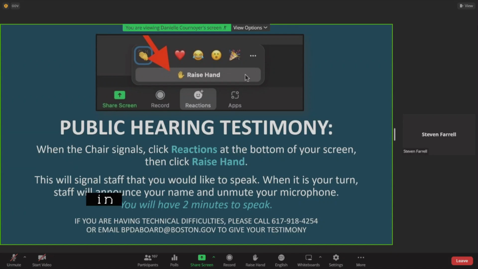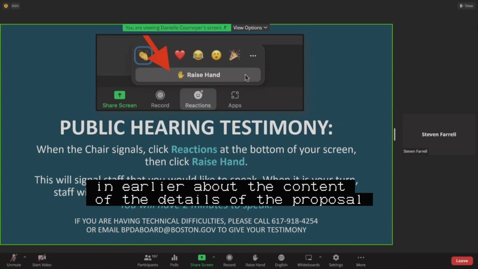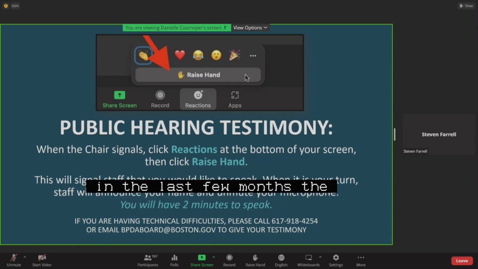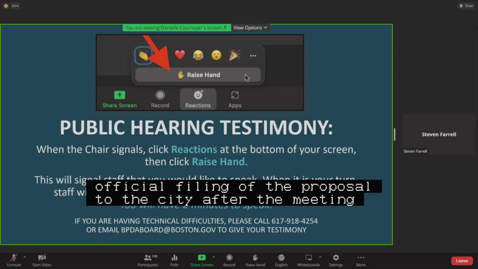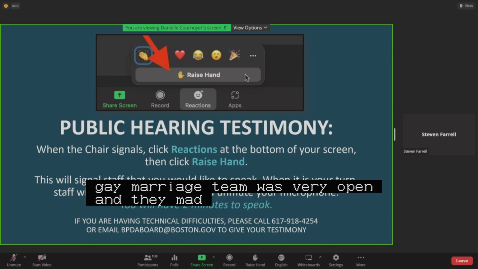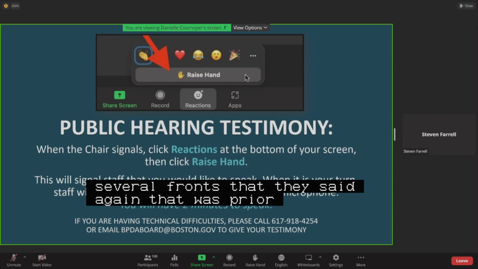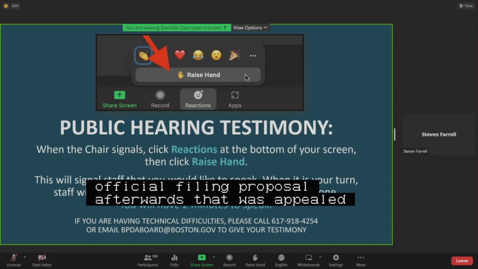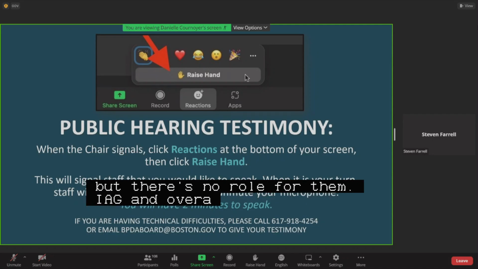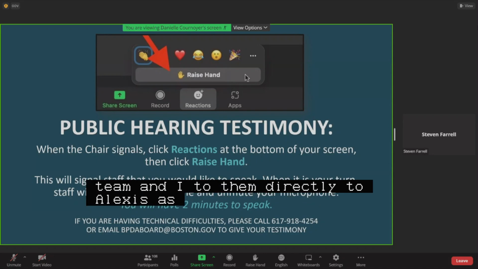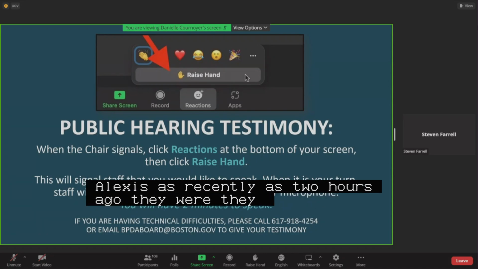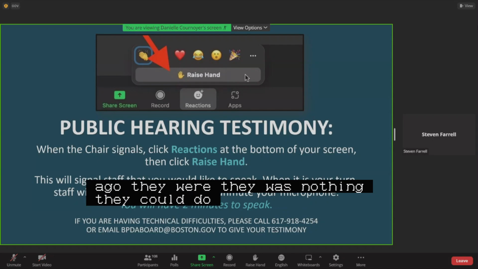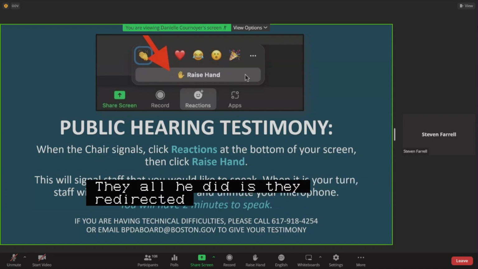Afterwards, however, abutters learned that there was no board appeals process. There's no role for the IAG. And overall, the statements we were told by the St. Mary's team, and I said this to them directly, I said this to Alexis as recently as 2 hours ago, was that they stated that there was nothing they could do. All they did is they redirected us to lawyers and to the BPDA's process that they identified as the ruling